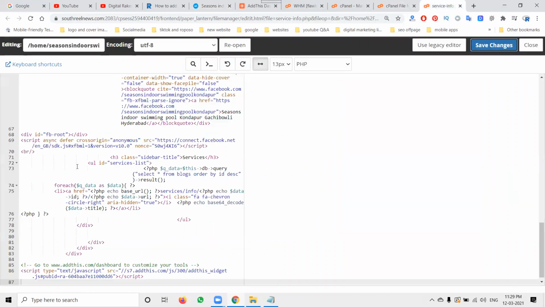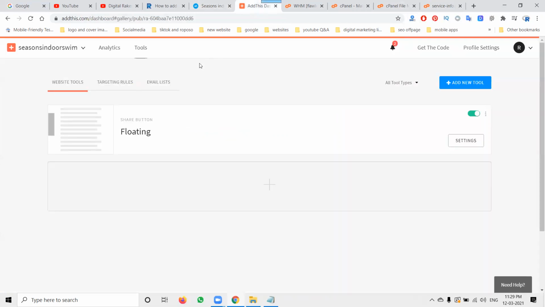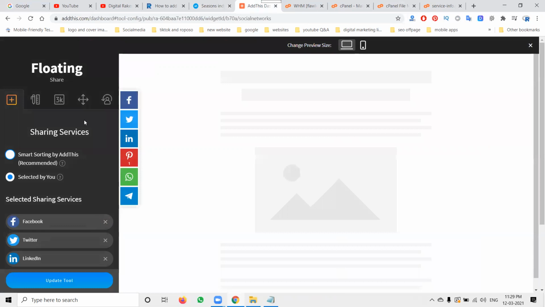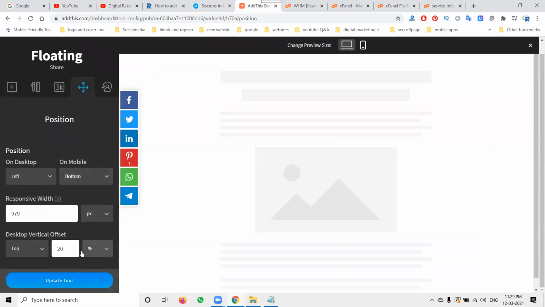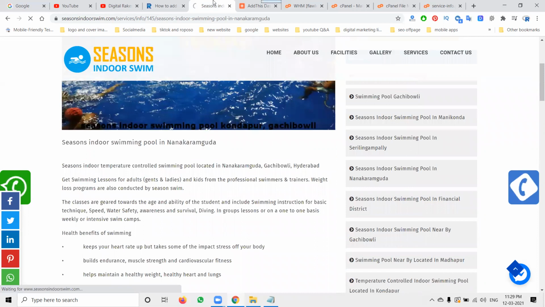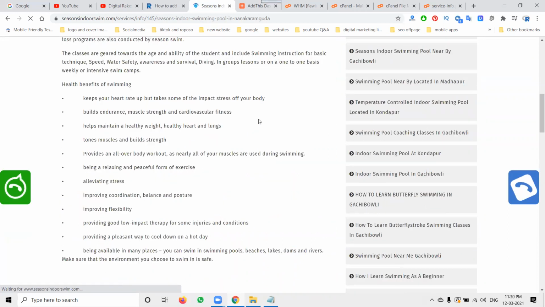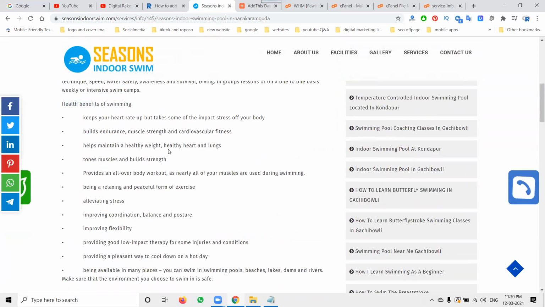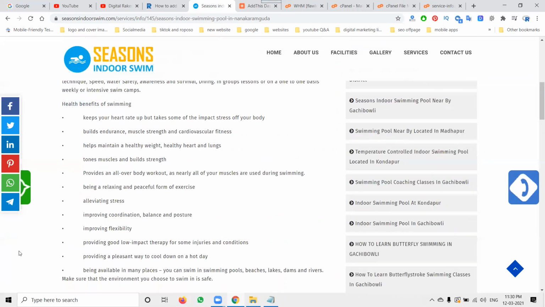All these options are given in this particular setting. We have to go here, update tool, and refresh. This WhatsApp icon, a little bit we can bring down. Then all icons will be visible.